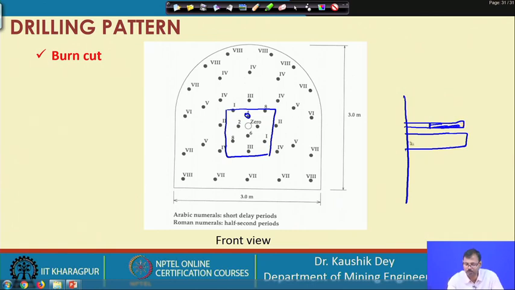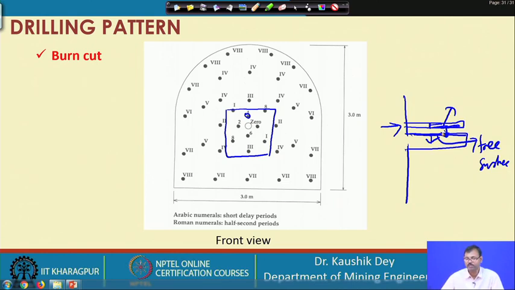So, this large dia hole which is kept empty acts as the free face, the free surface for this explosive. So, this explosive observes one free surface at this position, one free surface at this position, and that is why it can act in a similar manner which is observed in the surface drilling and blasting.